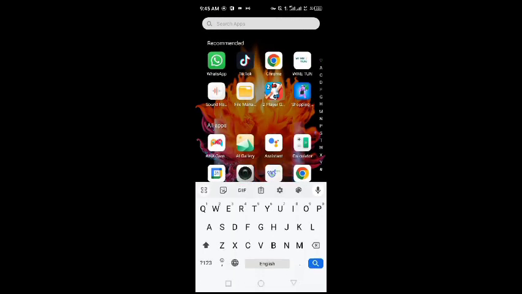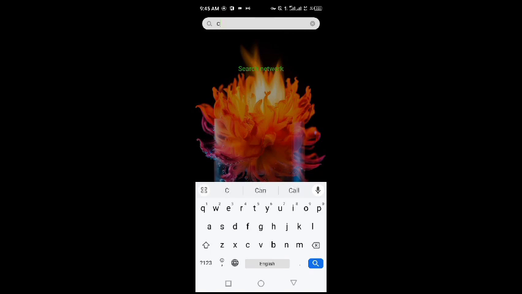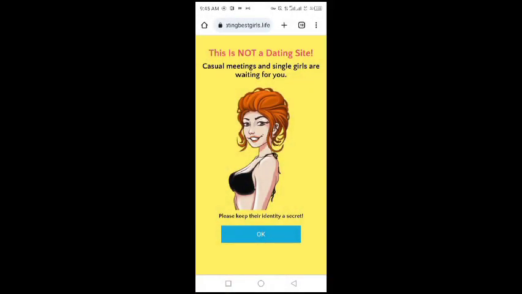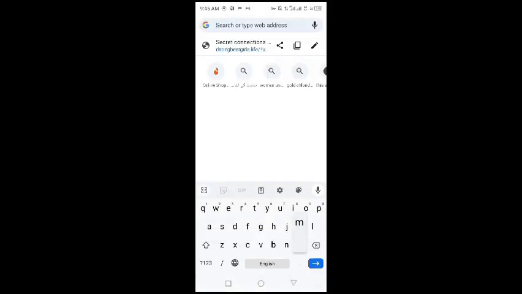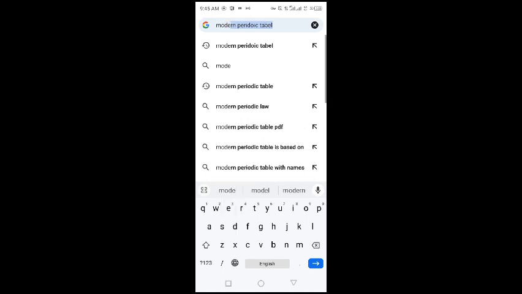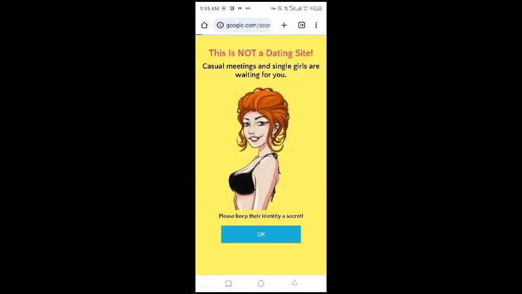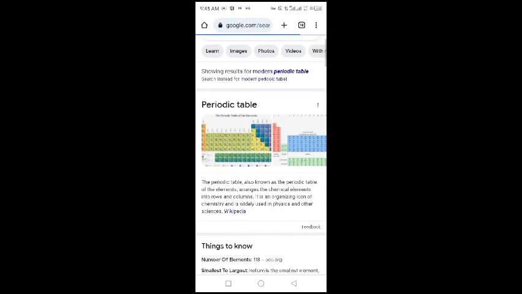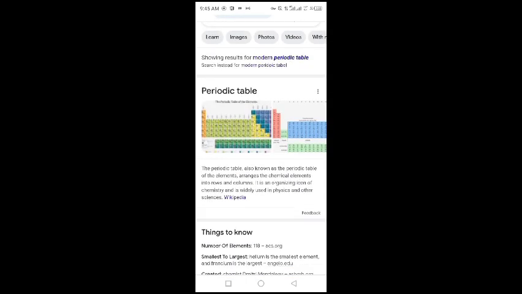अब आपने क्रोम या गूगल खोलना है। मॉडर्न पीरियोडिक टेबल, ये पूरी मॉडर्न पीरियोडिक टेबल बनी हुई है।